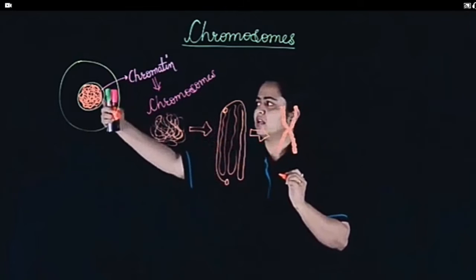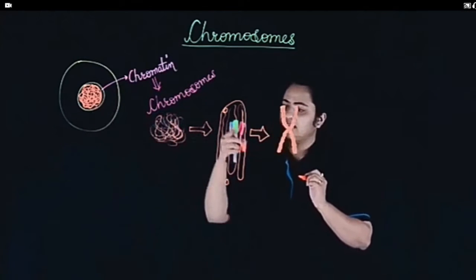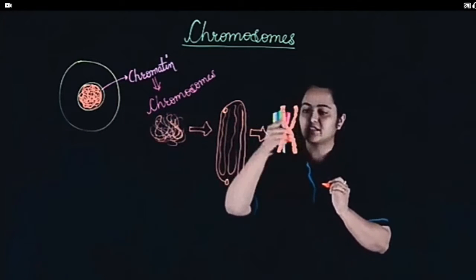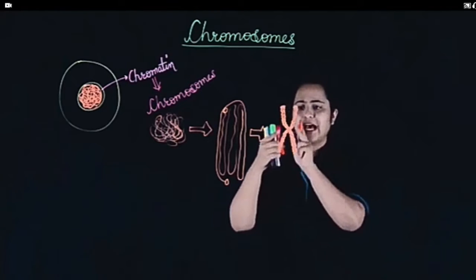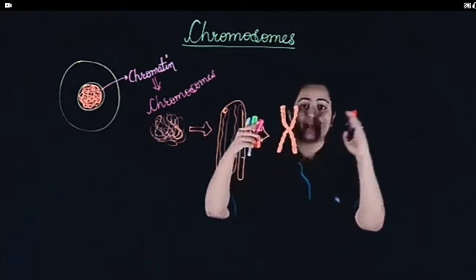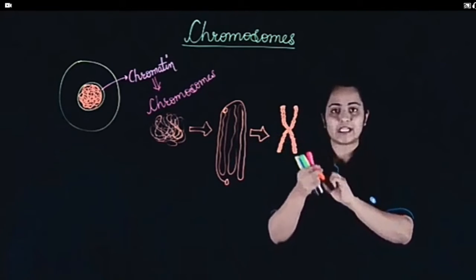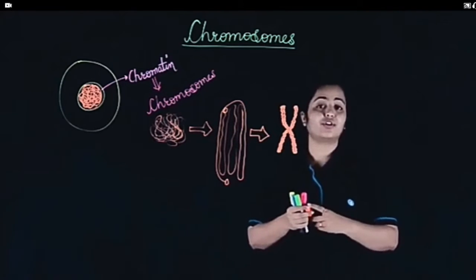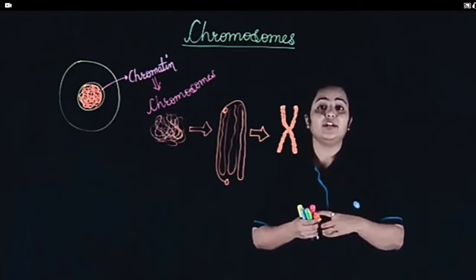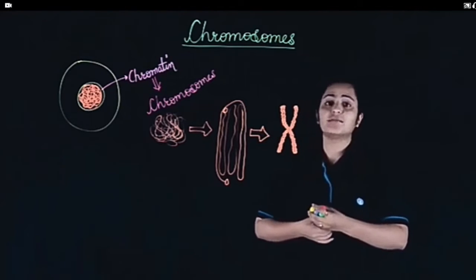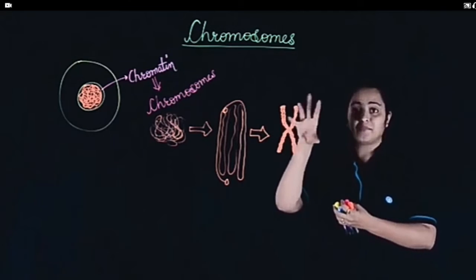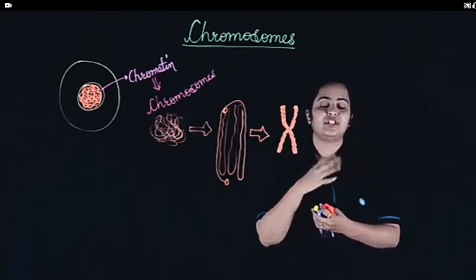That means this huge mess, this is the same thing. This huge mess has turned into this simplified form. Now, breaking them from between, separating them from each other is simpler, no? We can do this easily. This is how the structure of chromosome appears only during cell division. Chromosomes are not present in this form unless cell division is happening.